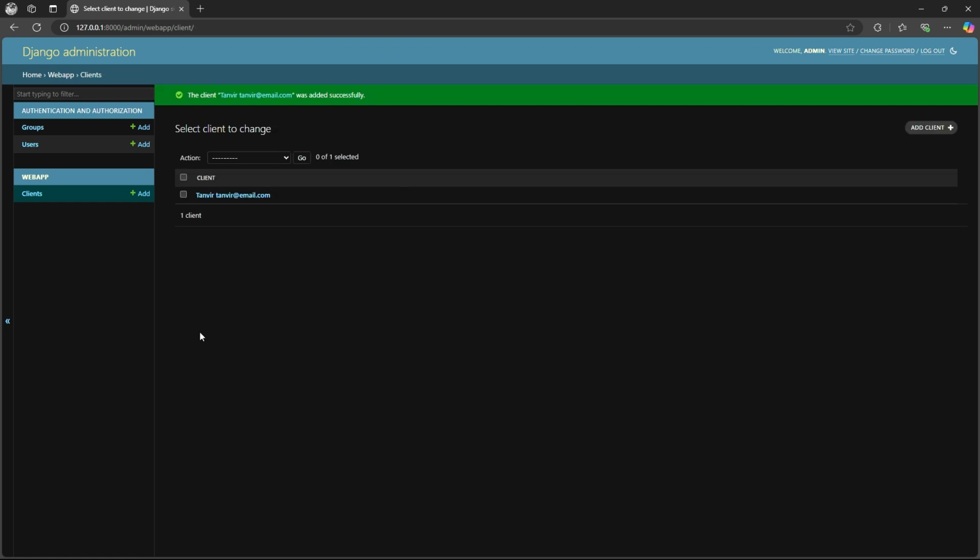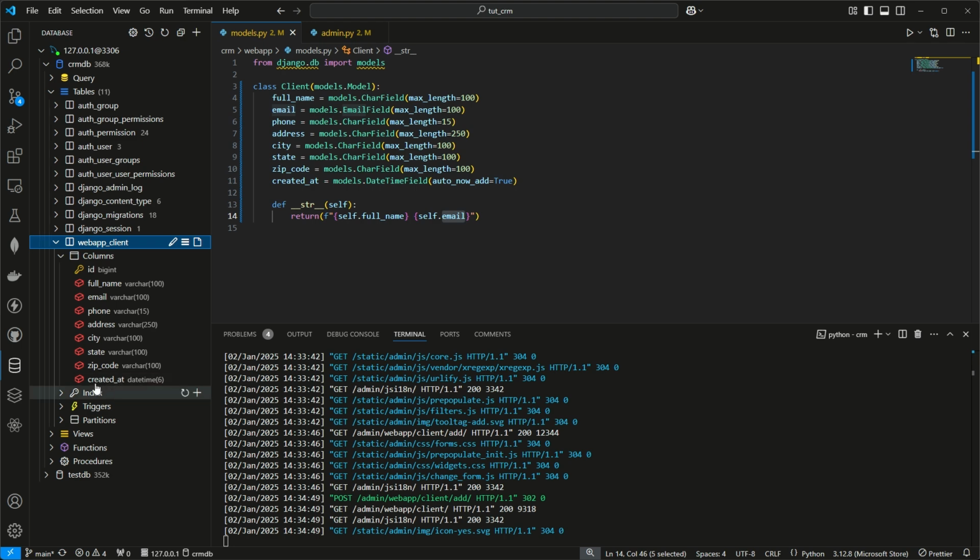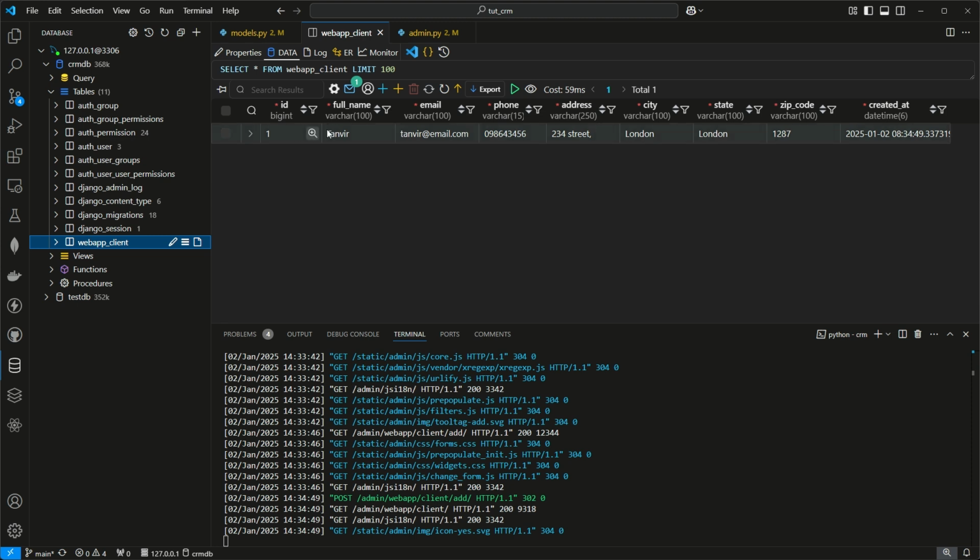Now hit the Save button. Great, our data has been saved. Now let's check our database. Let's see if the data is saved there properly. Look, our newly created data has been successfully saved in the database. Here you see that our created_at field has also automatically taken the date and time value of the data